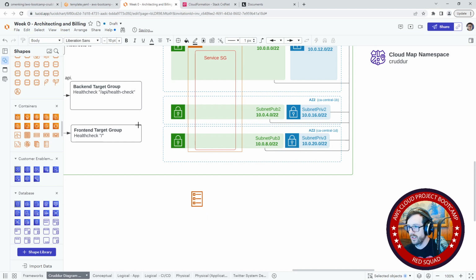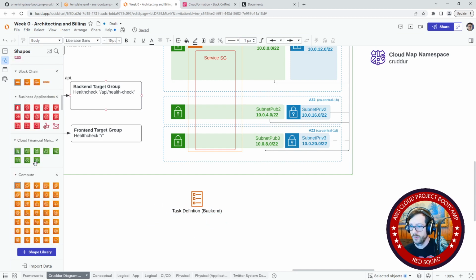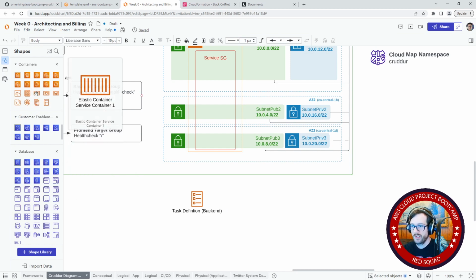I don't like how I can't expand the text there, so I'm going to take it out, and we're going to go back up here into our text area like this. Okay, and bring that up like that. So we have our task definition. We do need the service. So going down here and looking at the icon, this one, I mean, this is clearly a container,